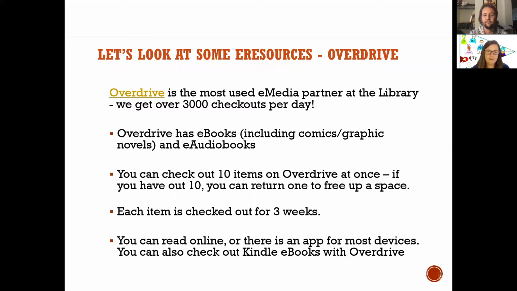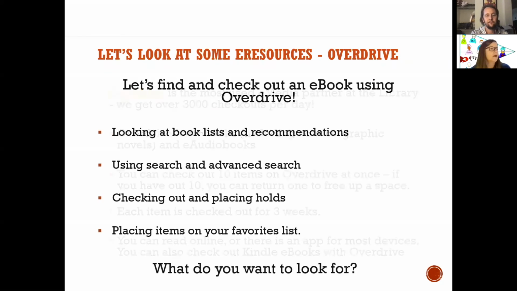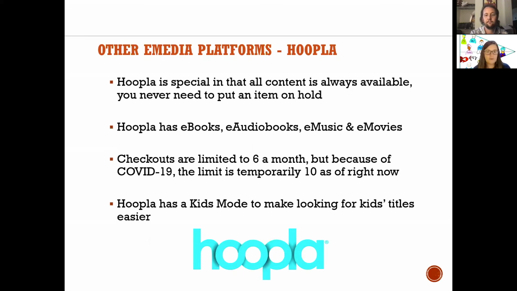Overdrive is probably the broadest and most widely available app. So no matter the device you have, chances are you'll be able to get an Overdrive book on it. So with other types of ebook resources, the different things will be available. So Overdrive, we actually select the titles that are available in it. Other ebook services, we just get a collection of books and kind of don't get to pick and choose. But I just wanted to mention a couple more of those ebook resources, things that you might be interested in.